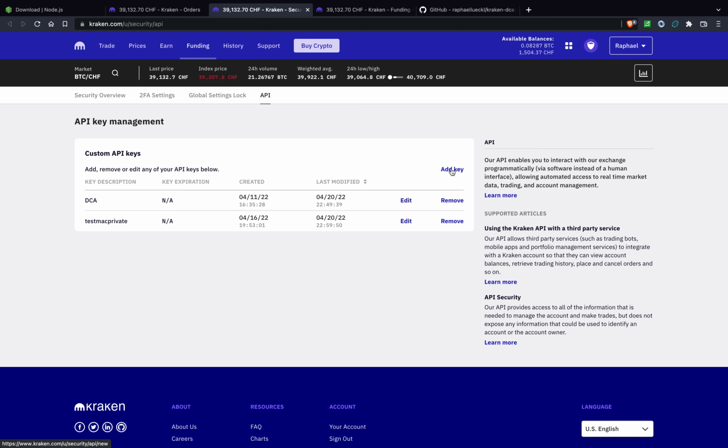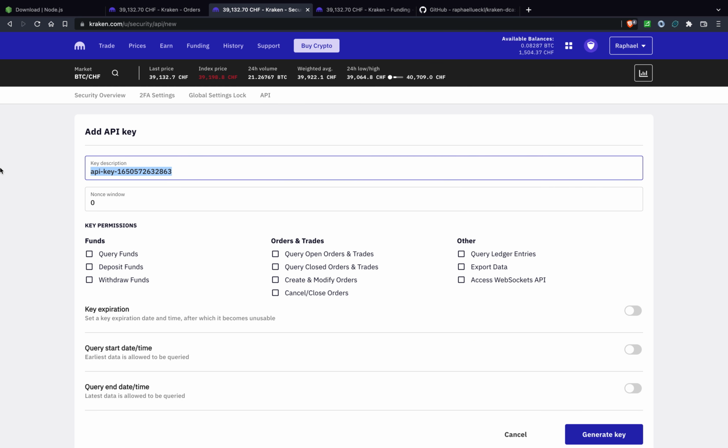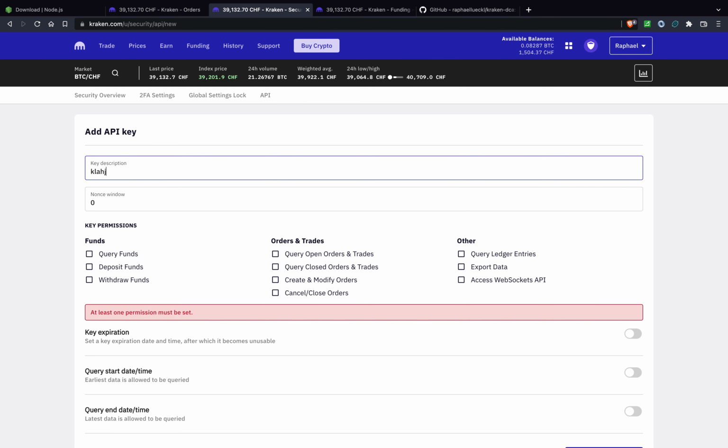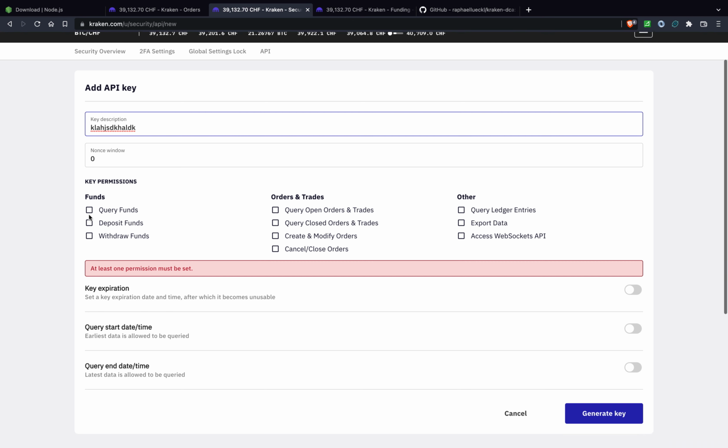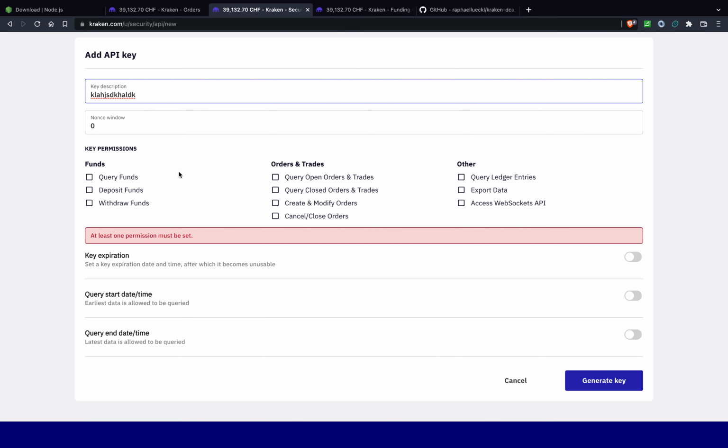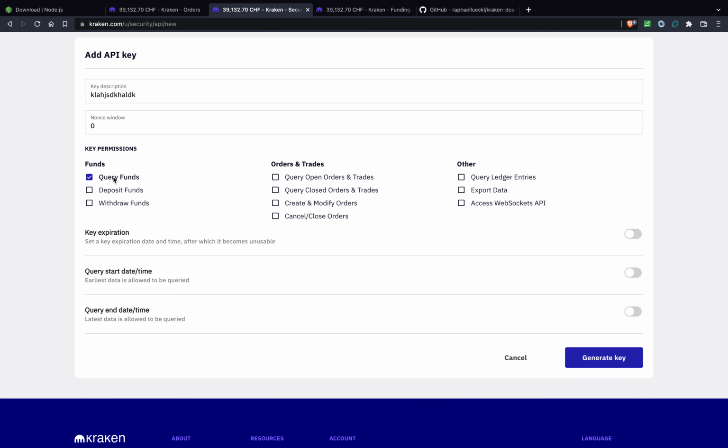So first you click here on add key. By the way, how you get here is you click up here on your name, security, API, and this is where you will land. When you hit add key, there is a key description, enter whatever you want, doesn't matter. Leave everything as it is, and only